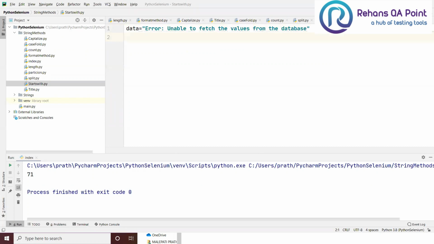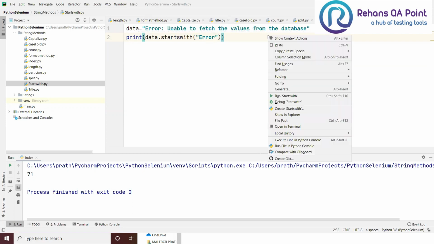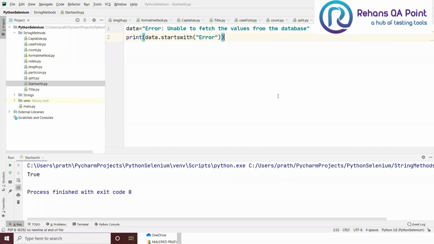Now I need to compare whether my error message is starting with the word error or not. So print data dot startswith the word error. Run this, and I'll get the output as true, because my message is starting with error.